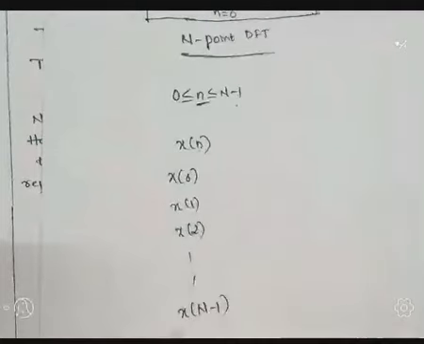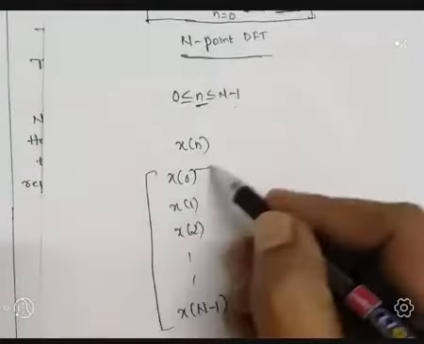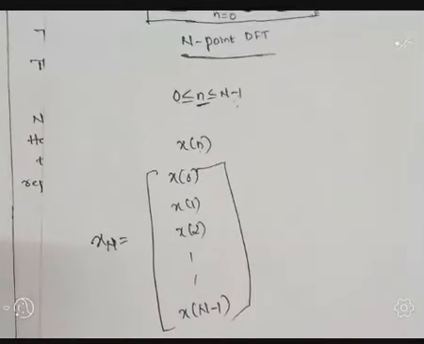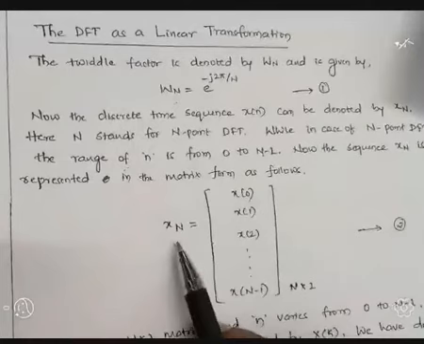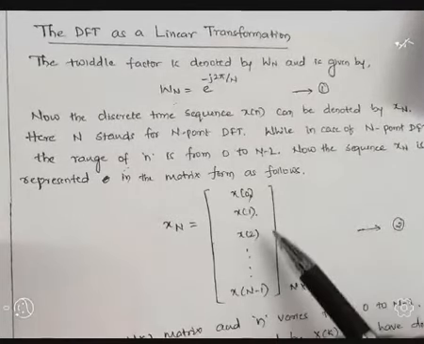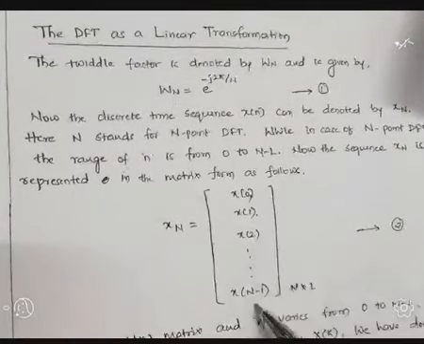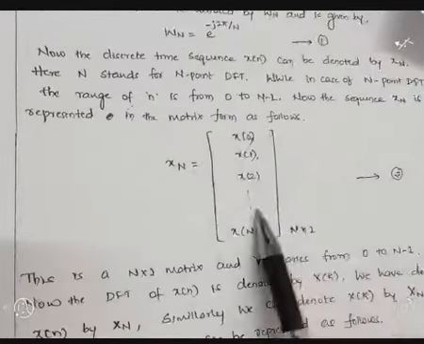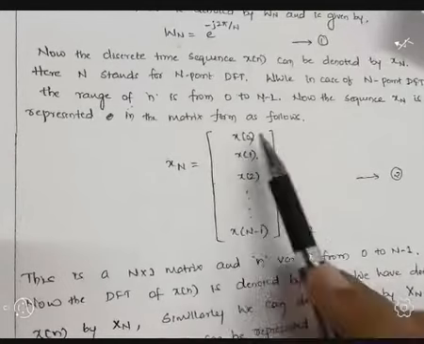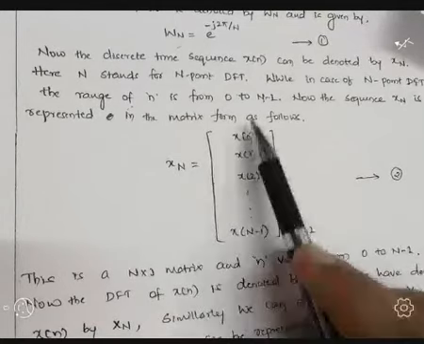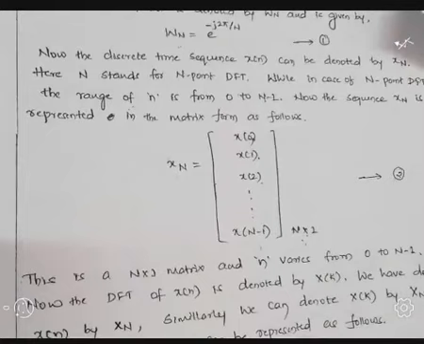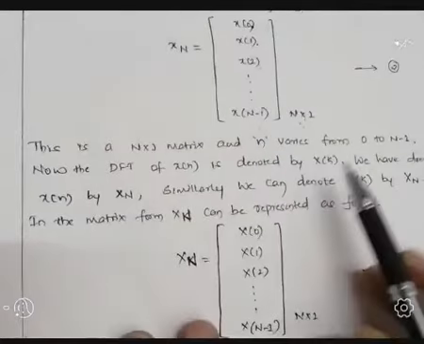So this is how we represented the given discrete time sequence in matrix format. The same thing I have written here: x suffix N equal to x of 0, x of 1, 2, so on up to x of N minus 1. So it is an N cross 1 matrix. There are N rows, 0 to N minus 1 means N rows, and only one column is present. So x_N is an N cross 1 matrix. Let us represent it as equation 2.